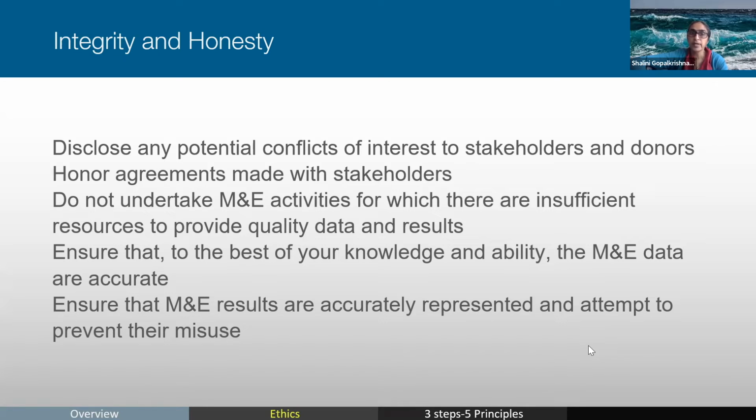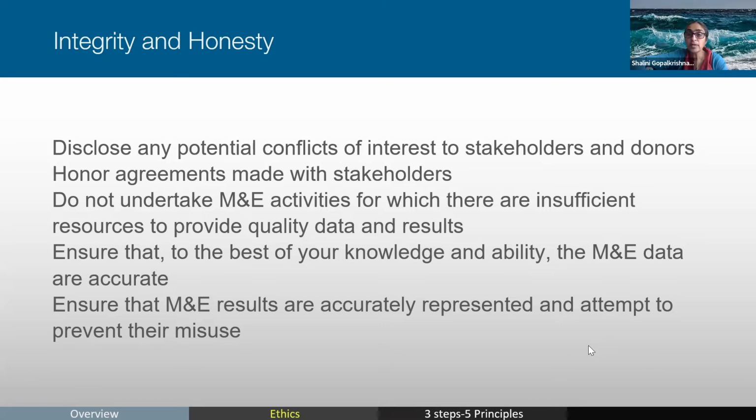You have to make sure that you honor that agreement. You can't say, oh, something happened, I can't do this now. No, that's very, very important. If you don't have enough resources to get data and results, don't say, oh no, but something has to be done, therefore I do. Okay, so do not do an M&E when you have to, when you